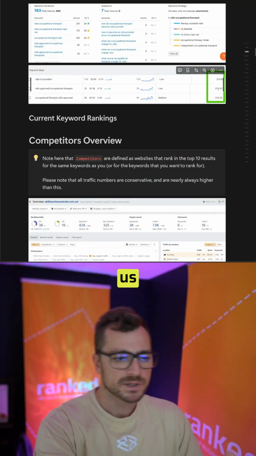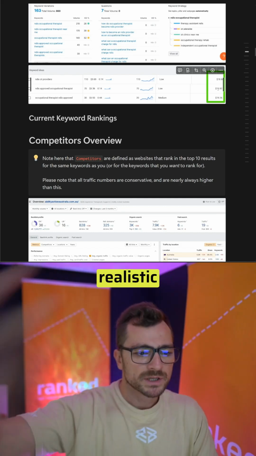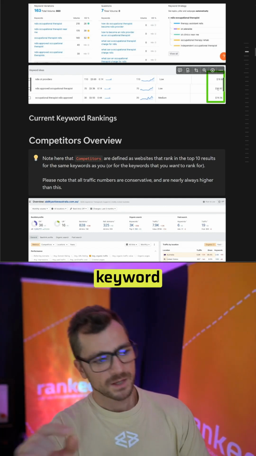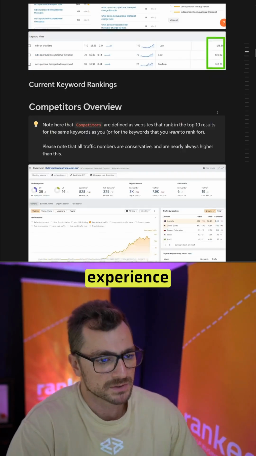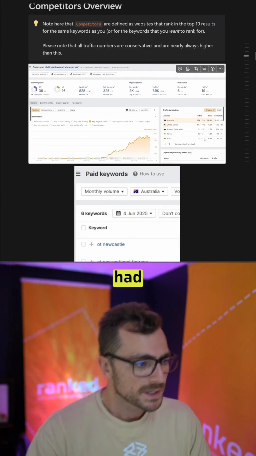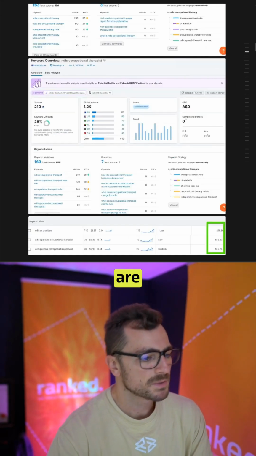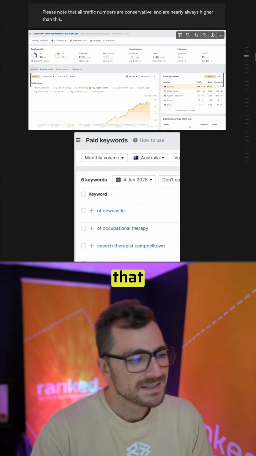They're trying to show us the number that most entices them, that is somewhat realistic of some traffic on these key terms, but the true keyword that matters is always far higher than that, in my personal experience with the way we run ads. Then I had a look at a few competitors, meaning I had a look at the chunk of the pie: what are the key terms that people are searching, and who is at the top of Google that is currently eating that pie.